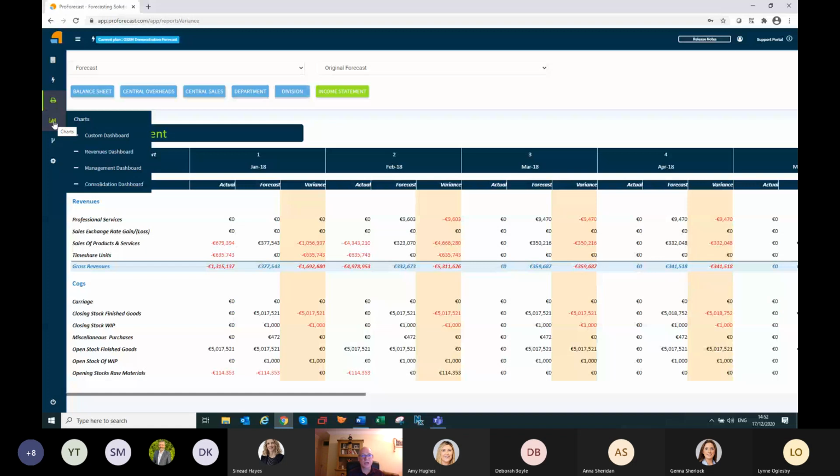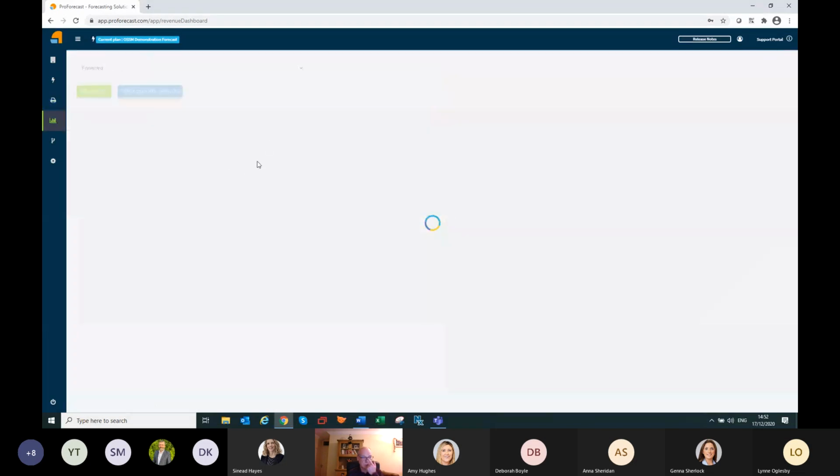So if we go into our charts, so our charts are effectively our dashboards. And the system comes with a couple of predefined types of dashboards. So we've got a revenue one, and we've got a management dashboard as well. And then on top of that, we have the ability to go in and create custom dashboards. What we can do with the custom dashboards is to take elements of all the dashboards and put them into one dashboard for maybe a particular person who has particular requirements. So if I go into my revenue dashboards,